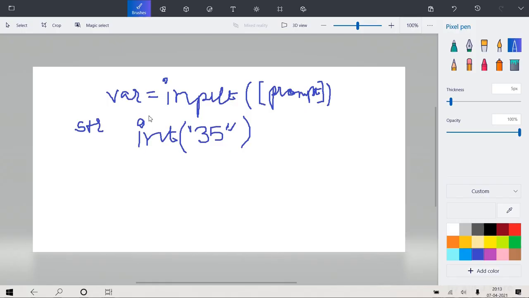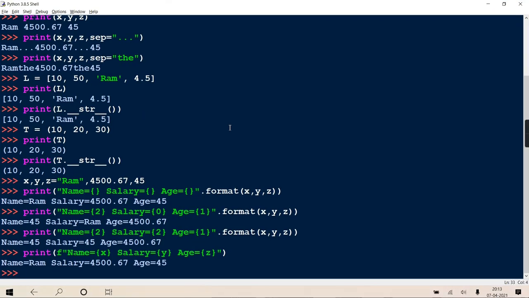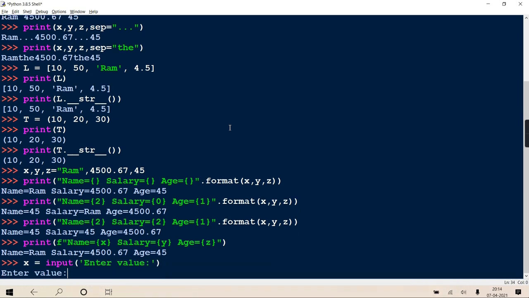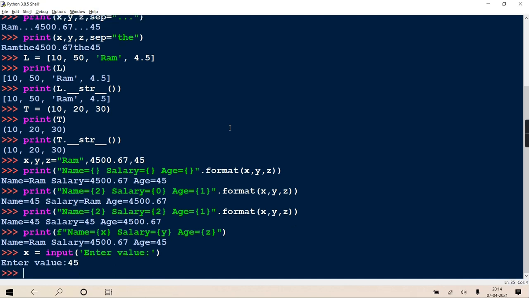So quickly one example. Suppose I'm writing x = input, and I'm giving 'enter value' as a prompt. First that prompt message comes. Whatever I enter, suppose I enter 45, is stored in x.